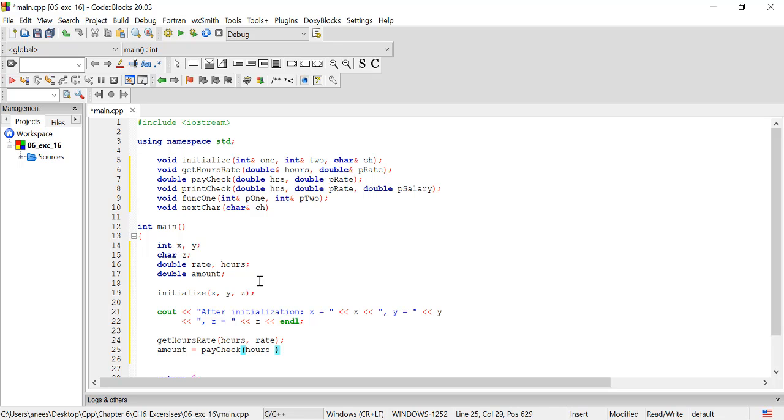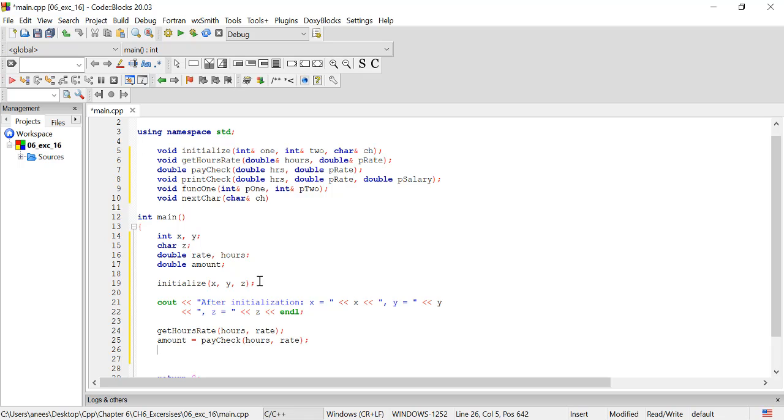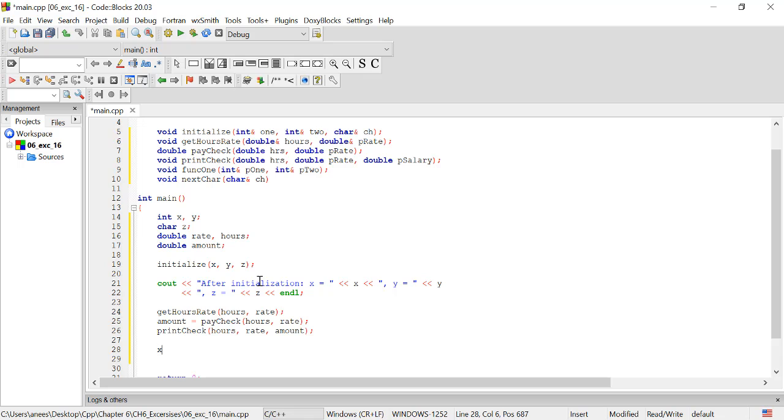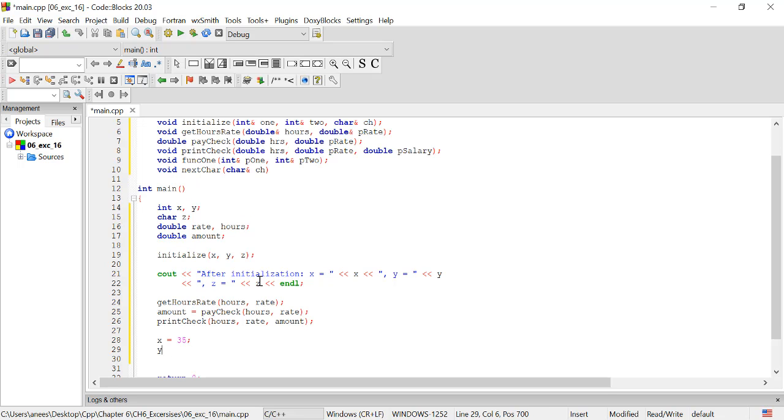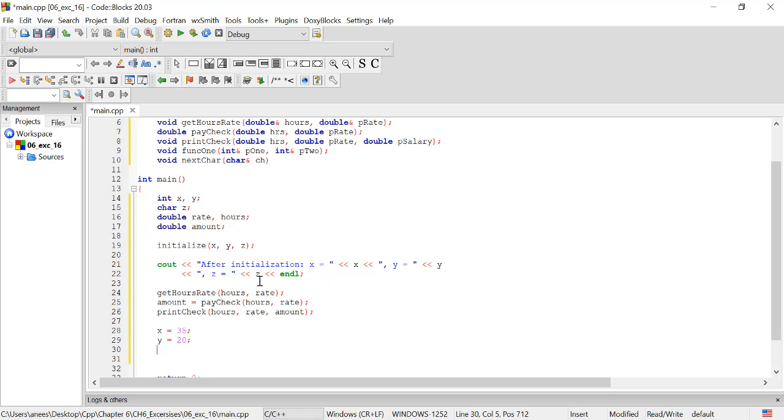Hours, rate. And now here we can printCheck hours, rate, amount. And now x is equal to 35, y is equal to 20. Now we can cout before calling func1